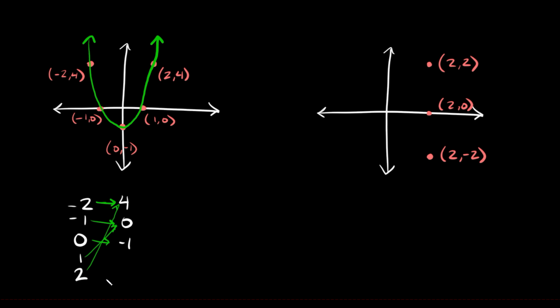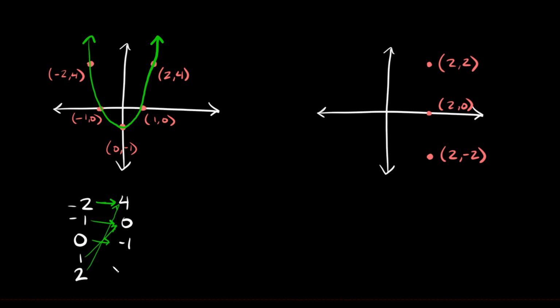+4 up there. Okay, so as you can see, this is kind of the reverse of the last couple examples, right? Because each input is only going towards one output. This one's only going towards that one. This one is only going towards this one. 0 is only going towards -1. 1 is only going towards 0. 2 is only going towards 4. So that is all legal